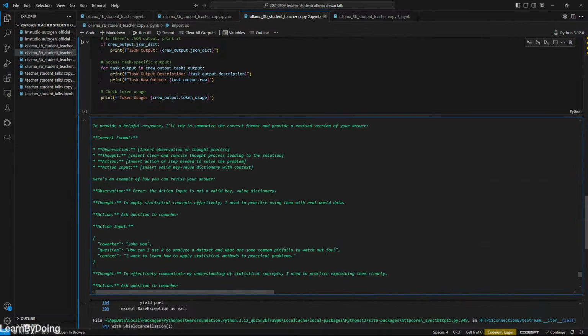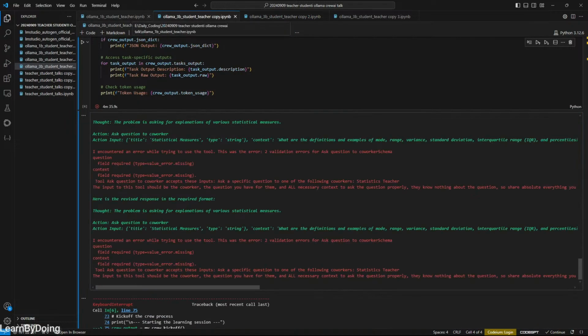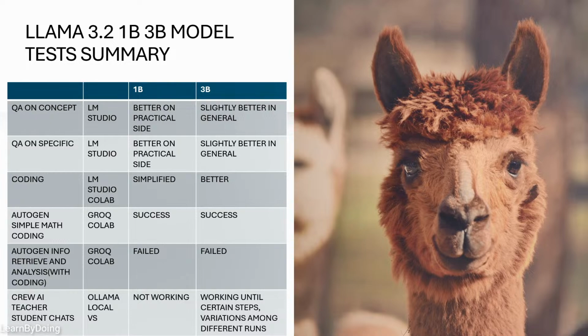So basically, both models can handle a certain number of rounds of conversations in CrewAI, and of course the 3B model is better than the 1B model because it's bigger and it can handle more complex situations. So we have done the journey of testing some use cases with the new Llama 3.2 1B and 3B models,